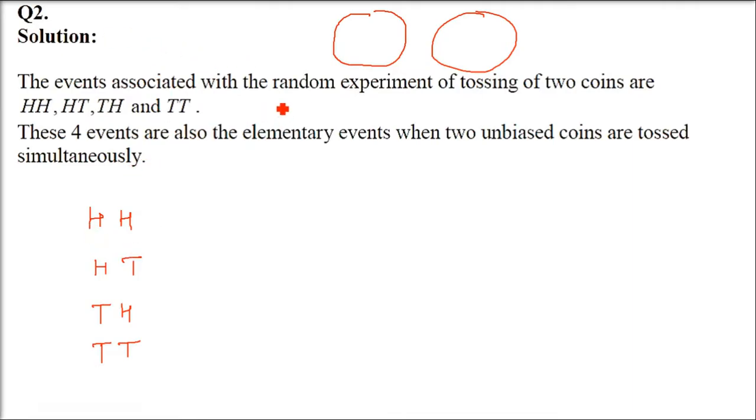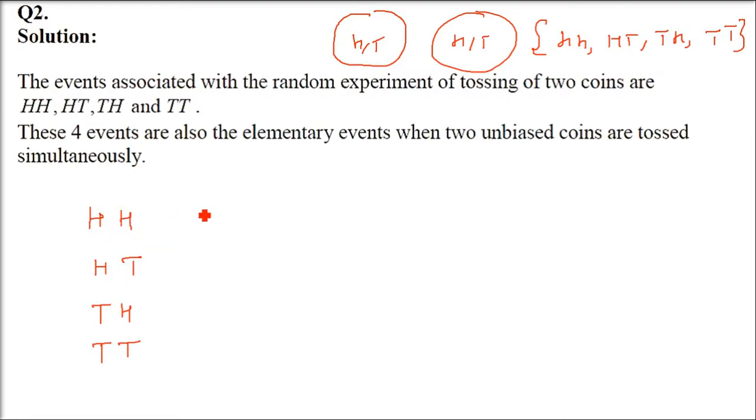So, what are the events? We have to find out the subsets basically. So, what is our set? What is our sample space? Sample space is HH, HT, TH and TT. So, head or tail, head or tail can come. This is all the possibilities. These are the elementary events. Now, we have to find out the events. Events are what? All the possibilities taking all these under the sample space.